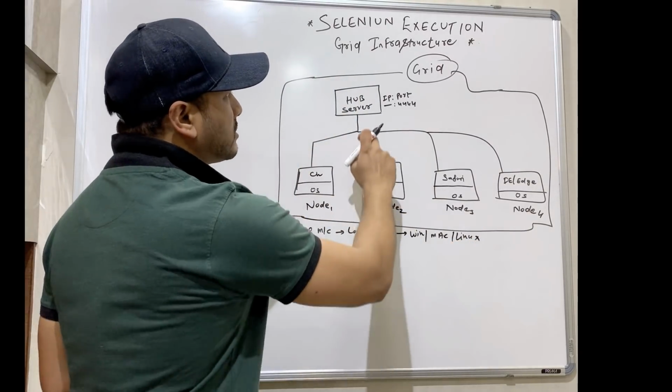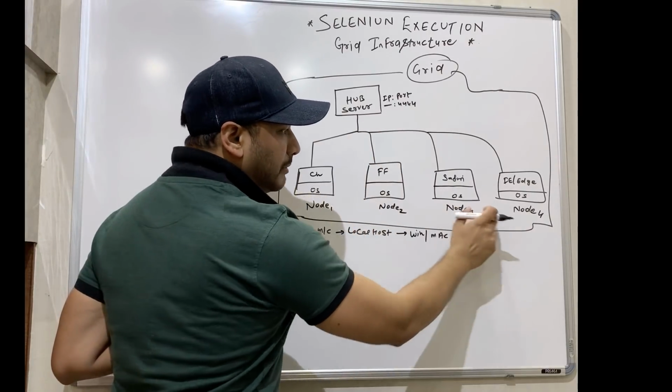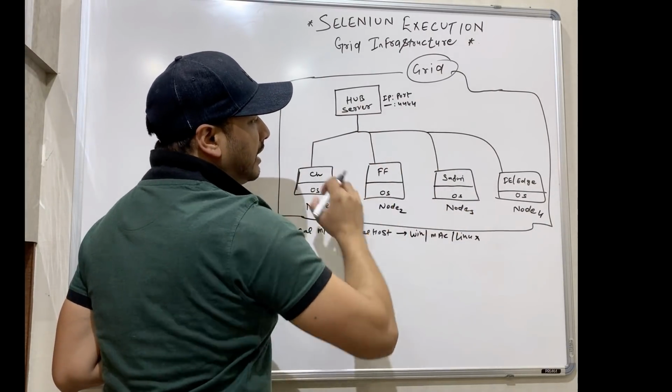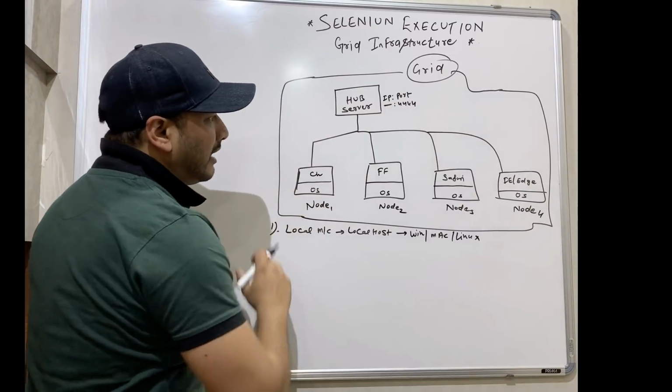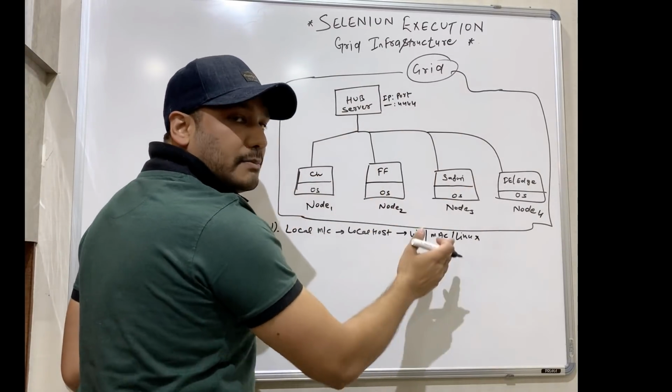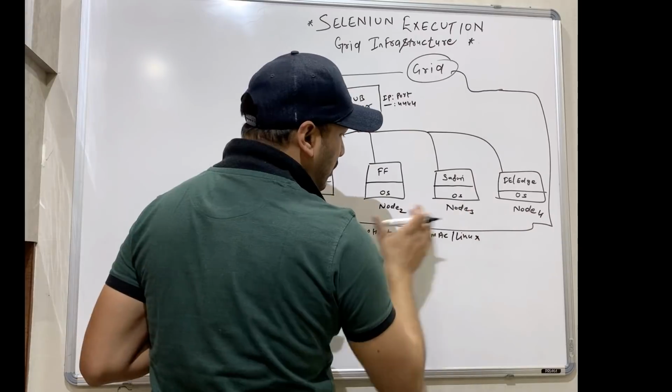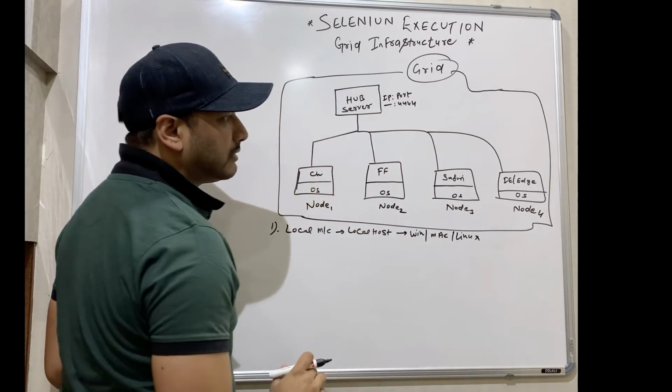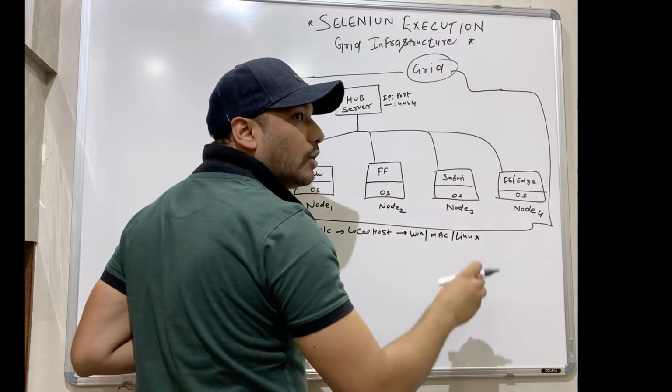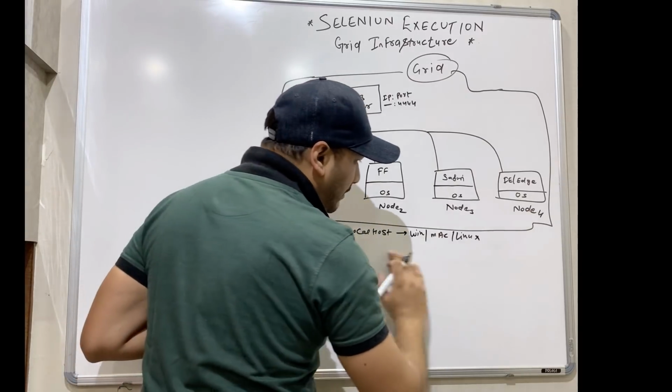Right? So I'm going to install the hub, and then I'll be creating multiple nodes on the same machine, and then everything is connected. And then I'll be executing my test cases on the same machine only. It means all the 4 nodes plus one server are actually running on the same machine. That is only for practice, guys.